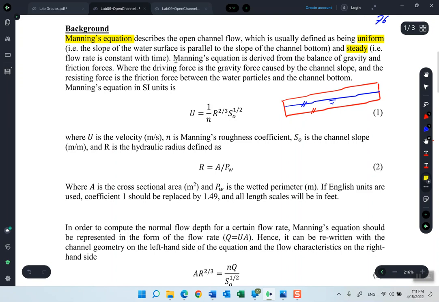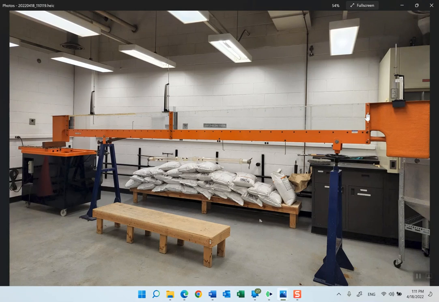It's also showing here that Manning equation was derived using a force balance approach. And the force balance was done on two main forces, the gravity and the friction force. The gravity force is what is causing the flow to move, what is causing the water to flow within the channel, and what is actually resisting the water from moving is the friction. So just imagine that there is a fluid passing through this channel